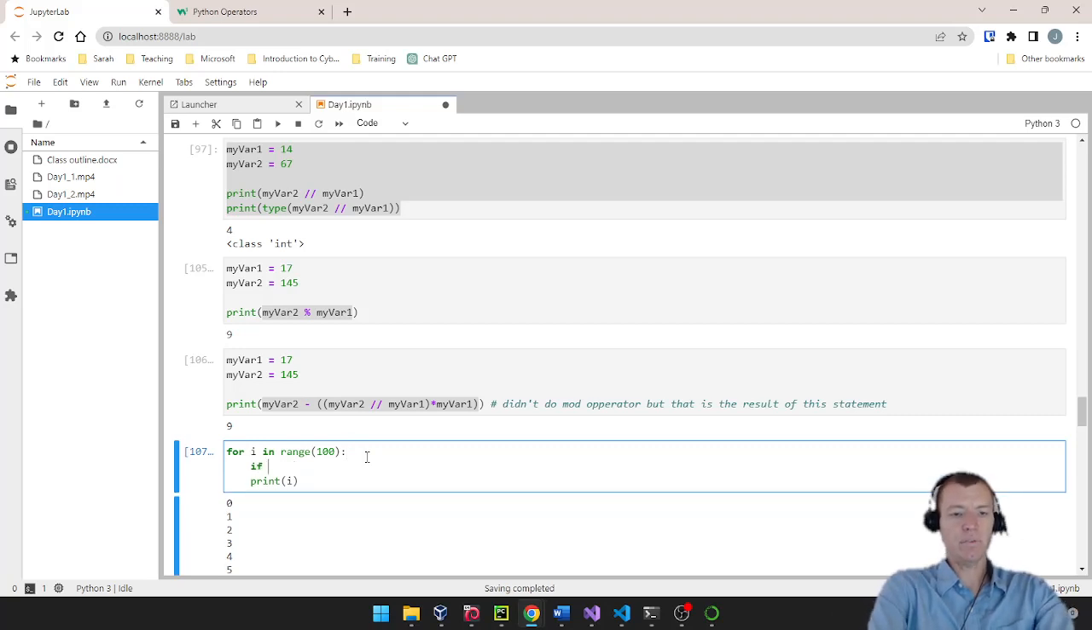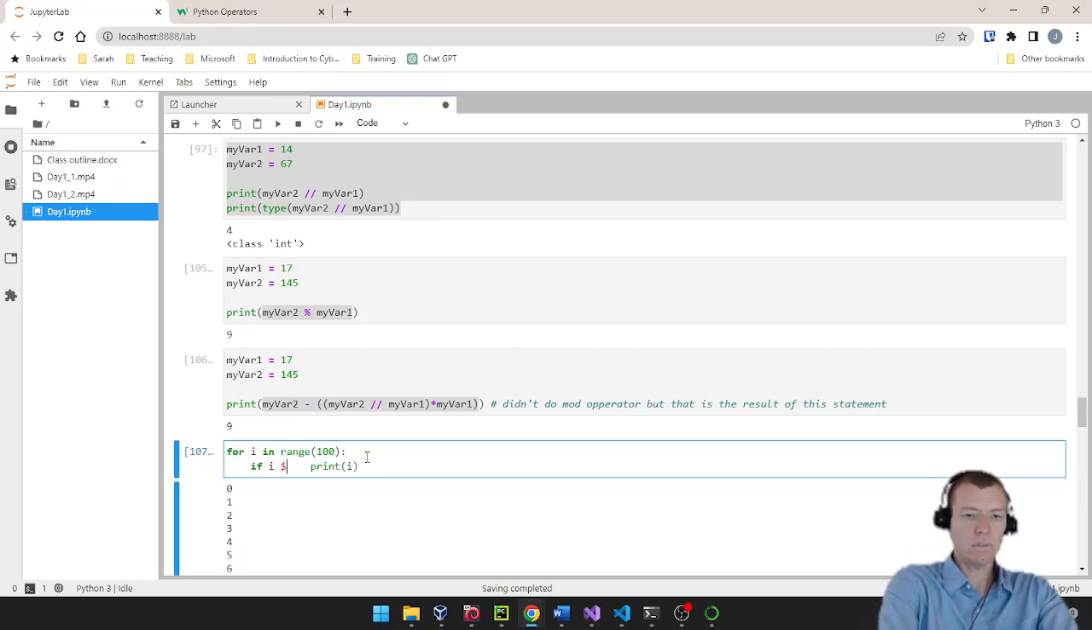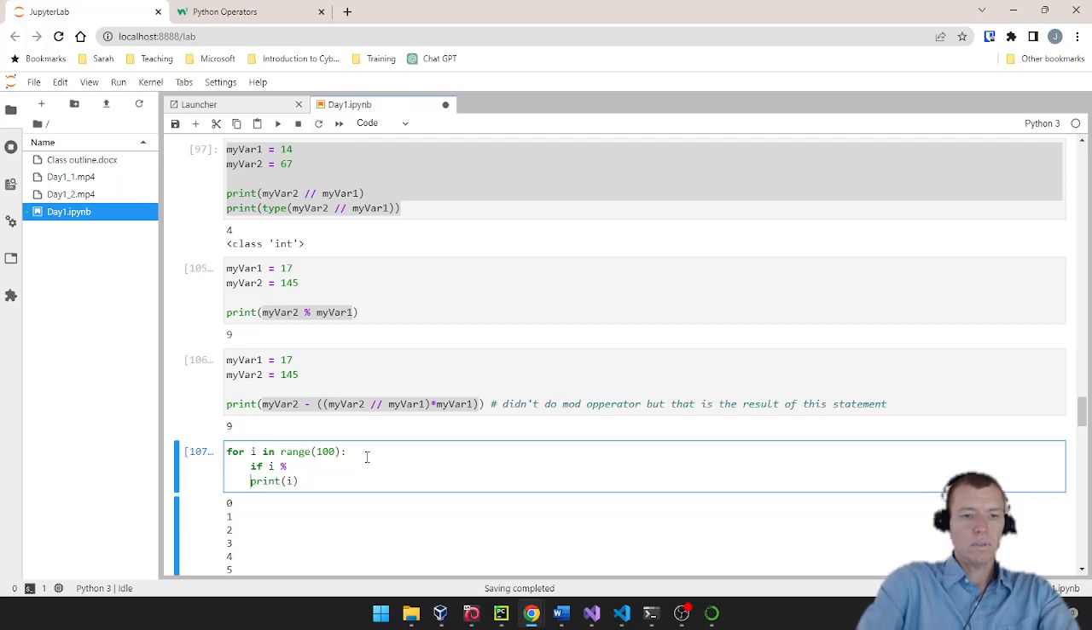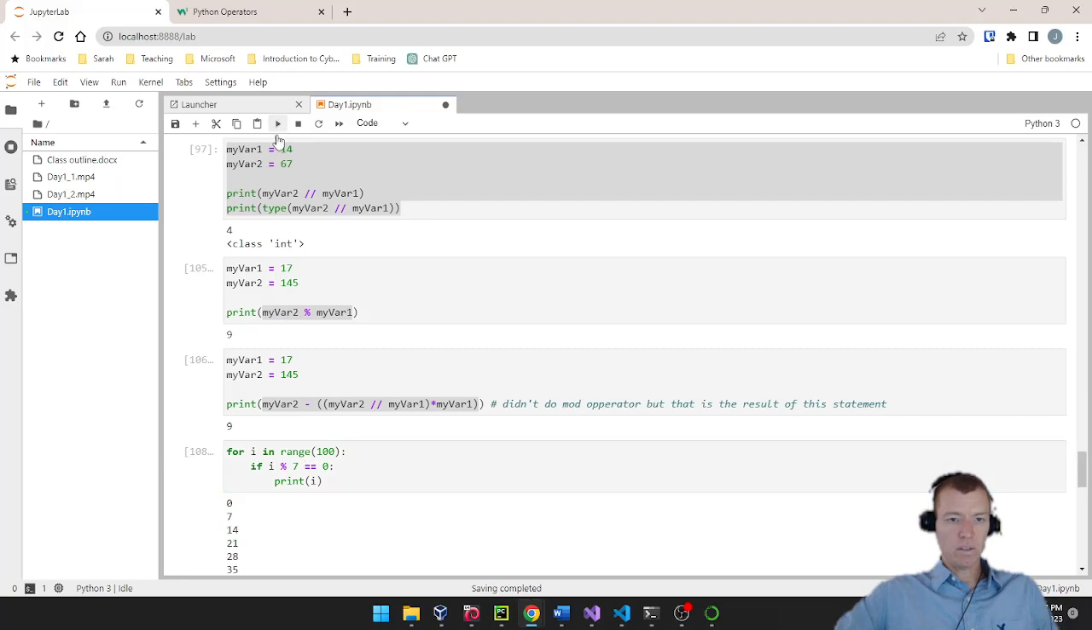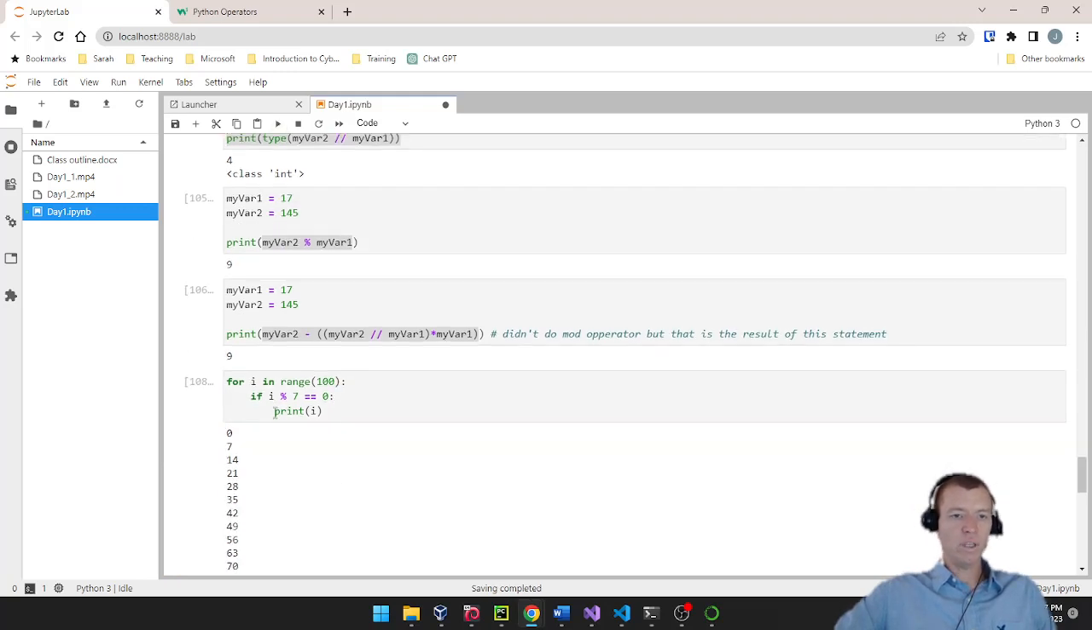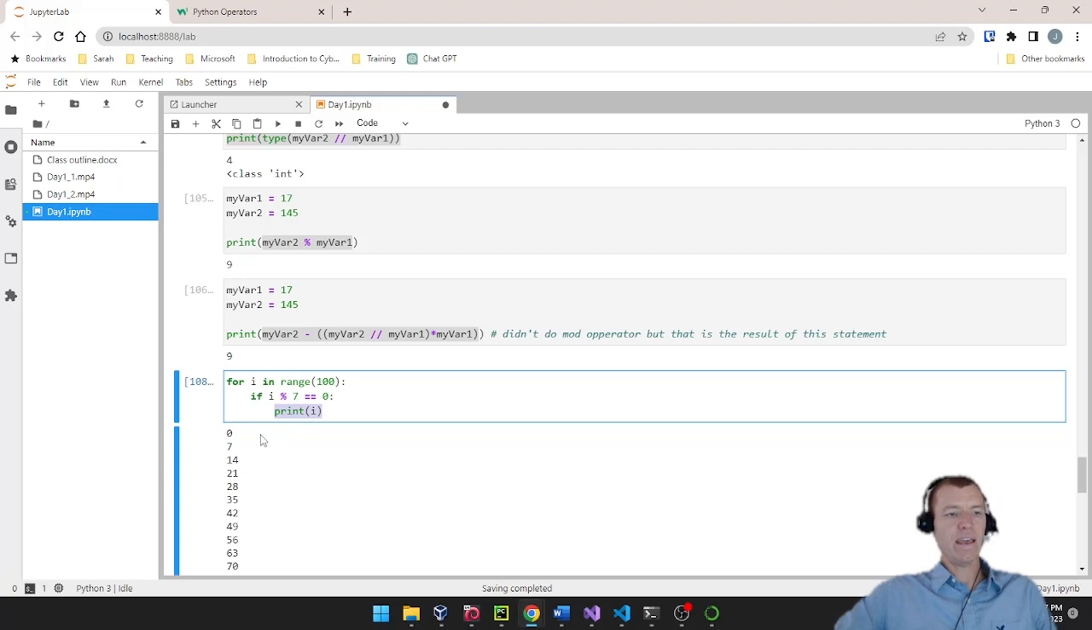I can say if I modulus, oops, that's not modulus. If modulus, and we'll say every, I don't know, every 7 times through, then I'm going to print. And I'm going to say this is equal to 0. And you'll see in a second what double equals does. We'll say, all right, see how that looks. And now what it does is it only prints the variable I every 7th time through my 100 computers that